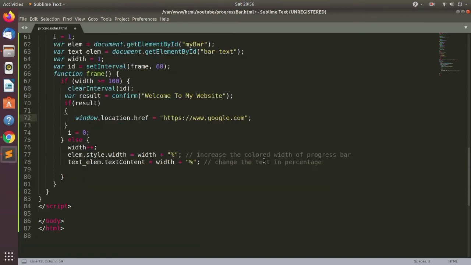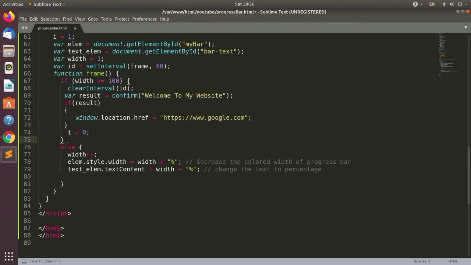Otherwise, if the initial width is 1 and the width is less than 100, then this is the else part. This is the part when our progress bar is under process. In this case width increases, element.style.width++.